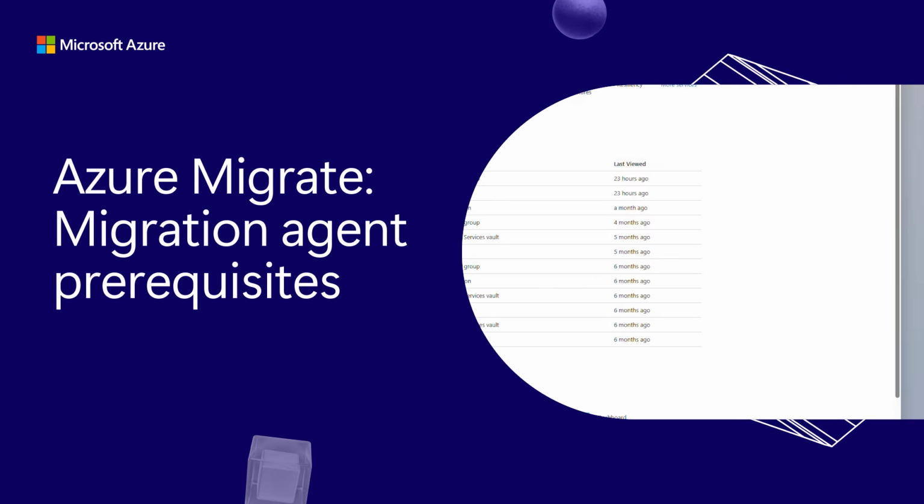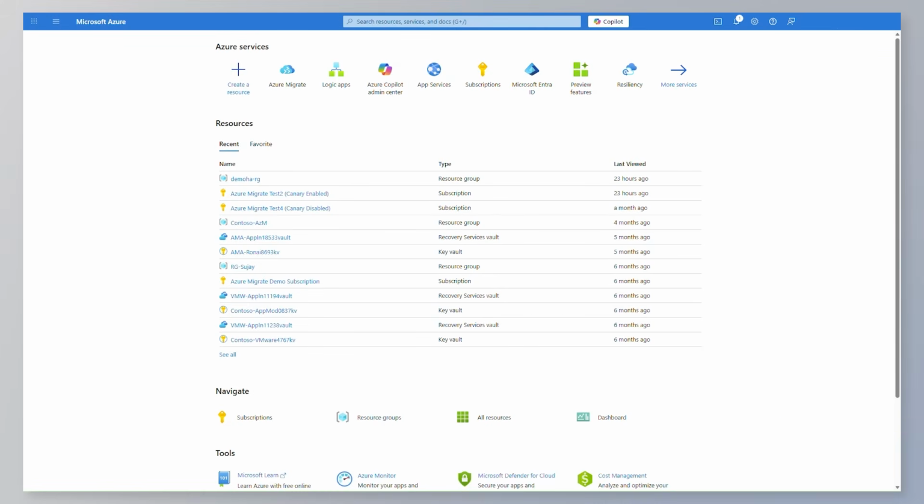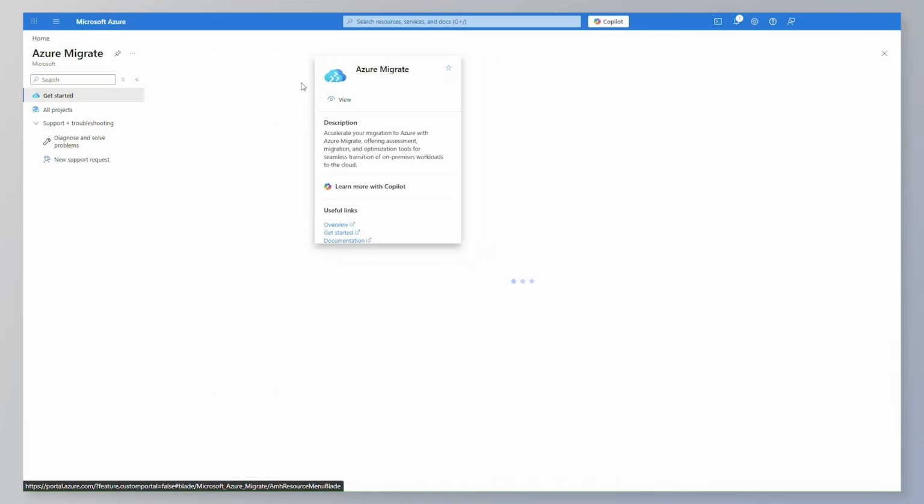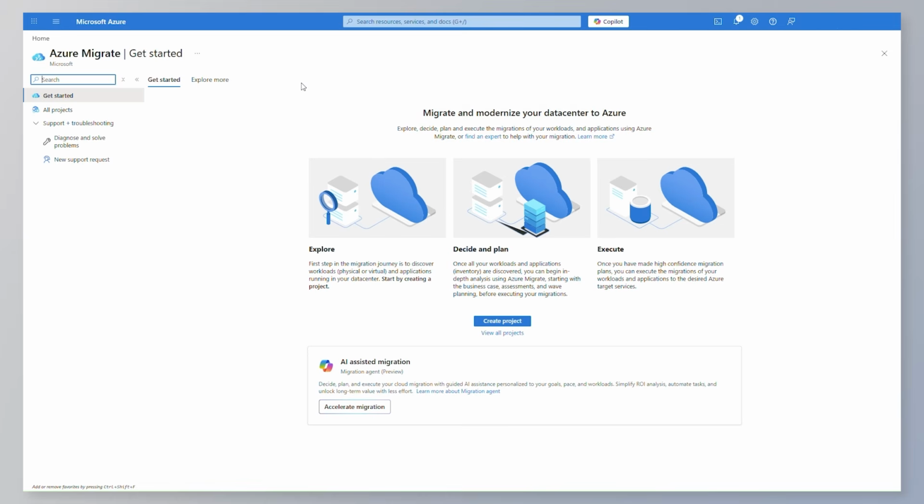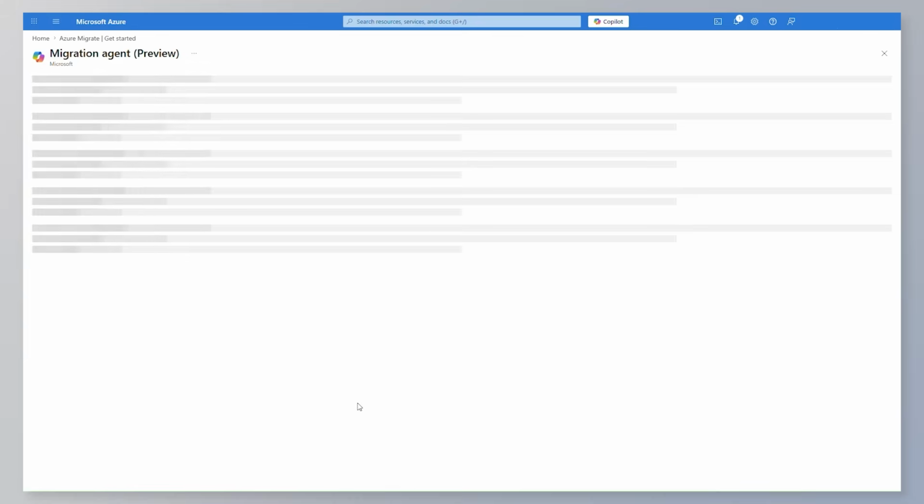Meet Alex, a cloud admin at Contoso Health. He's ready to migrate his company's applications to Azure, but needs guidance to plan migrations. To begin his exploration on Azure, he navigates to the migration agent, the conversational assistant, to guide through the migration